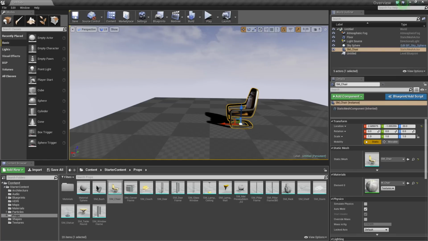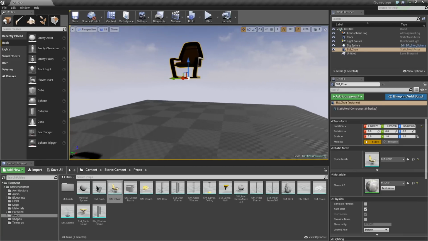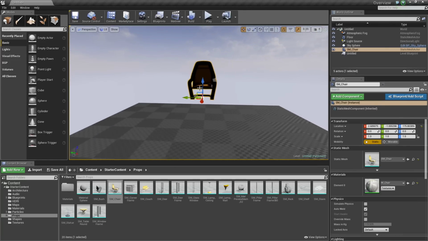So to recap, moving, basically press the W key to enter the movement mode. And use the widgets here to move your object, dragging along the Z and the Y and the X, grabbing in between to move it in 2 axes at once, or in the center to move it freely.